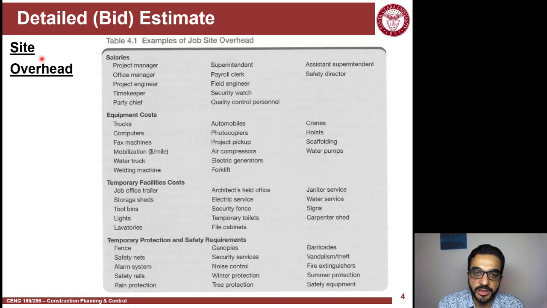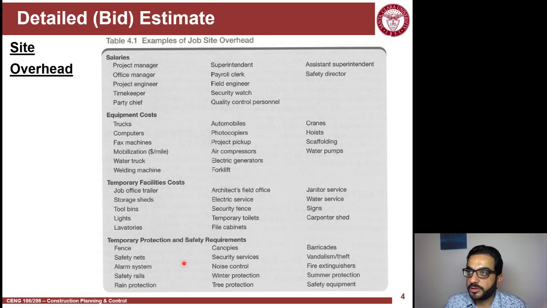I'm sharing in the class a list from the textbook of the class, a list of possible site overhead items. It's a very long list. Here we see salaries, and equipment like trucks. Every foreman is expected to have a truck, driving around with it. It's not assigned to a specific activity. Or the superintendent, also the same. Then temporary facilities, safety requirements, and